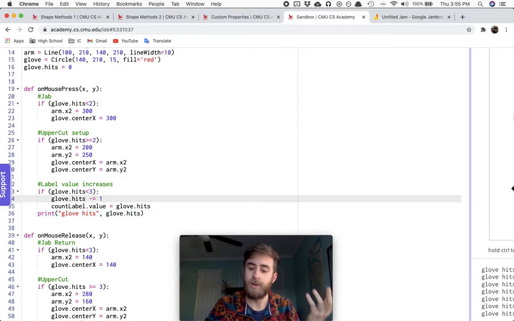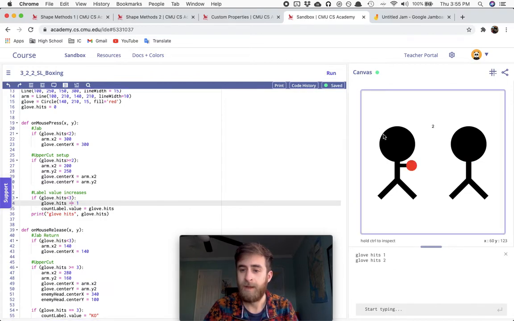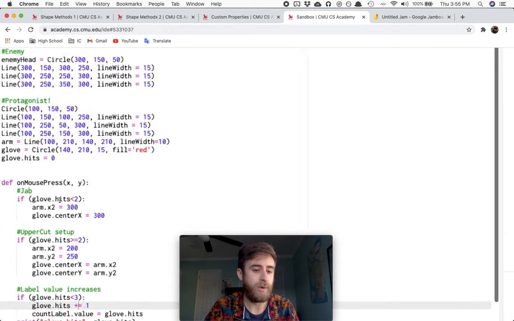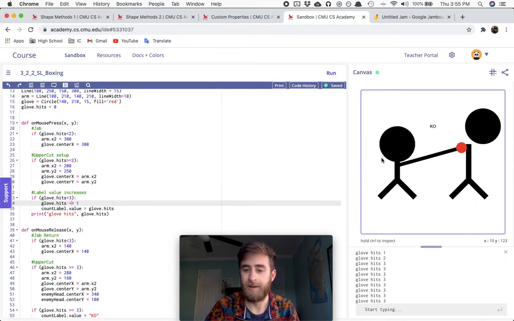I realized I was going negative, I'll switch this to a plus, and now as I run this program, uppercut, KO, and notice it keeps saying 3 because the glove hit only increases when it is less than 3. So that's why it stays at 3. Anyways,